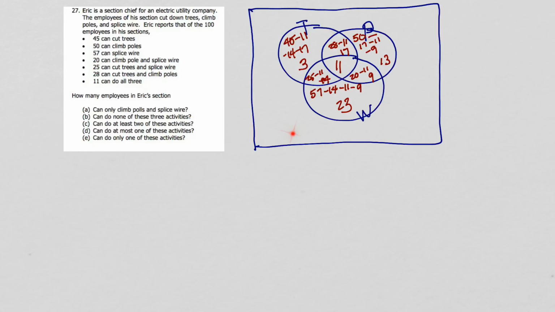So let's take a look at what we have here. Back over here it says we have 100 people all together, right? So in this entire group, there's 100 people. So let's start counting the number out here. We've already got a bunch of them counted for, all over here. So what we're going to have is 100 minus the 3, minus the 17, minus the 13,